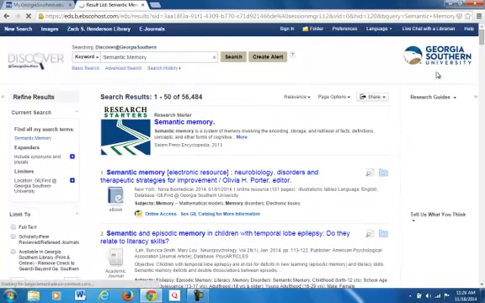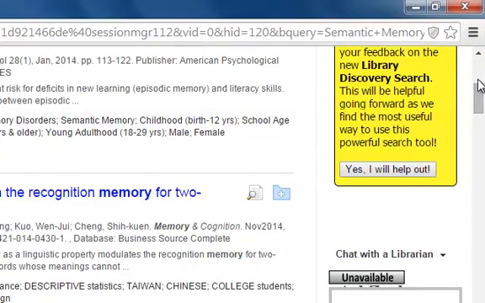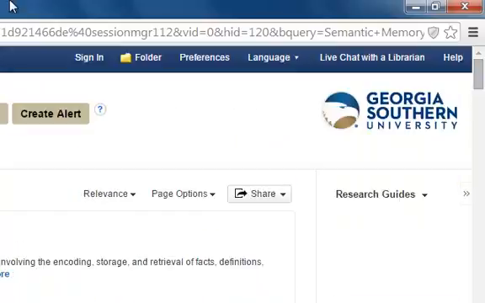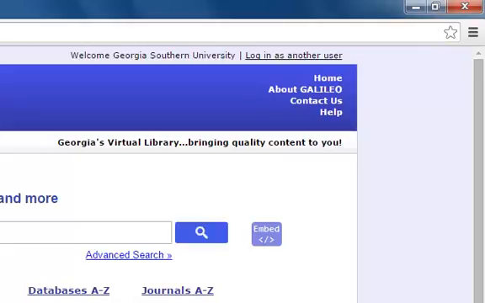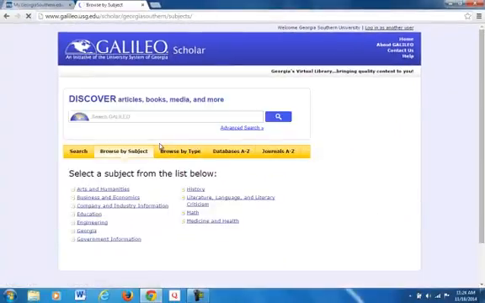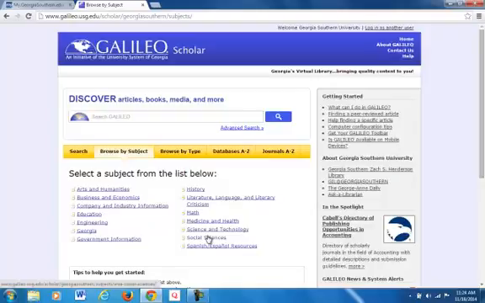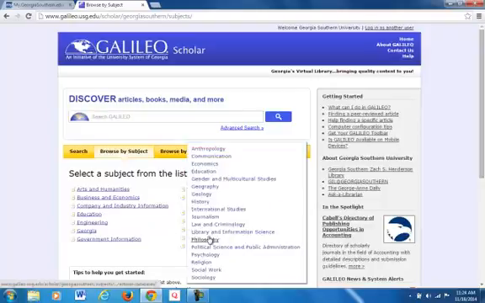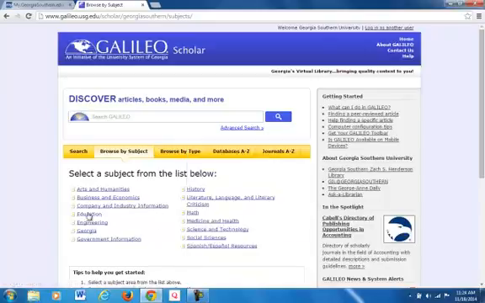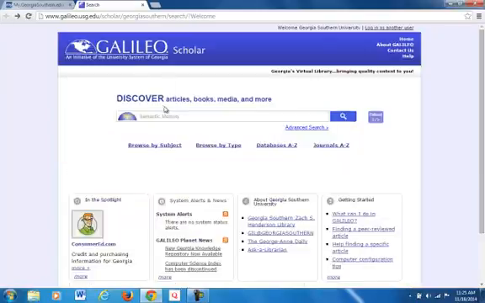And this usually I could get most of my papers, but if it's kind of vague, then I go back to Galileo and then I look through the topics from browse by subject. If I'm doing a class in sociolinguistics, I try and narrow it down into either maybe psychology if it relates more to that, or I'll go to literature, language, and literature criticism. But I'm gonna go back to